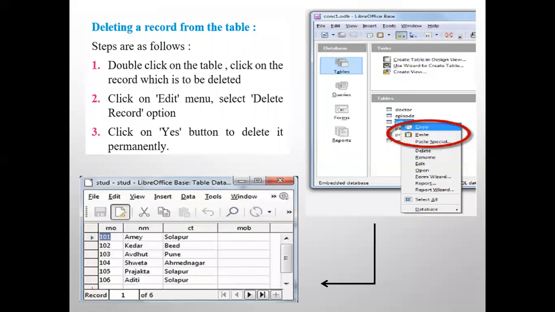Last, we will see how to delete a record from the table. In the same way, you have to open the database view, click on the tables object, and right click on the table which you have created. You get the delete option. So this will delete the whole table. If you want, you can delete. Once you use it,